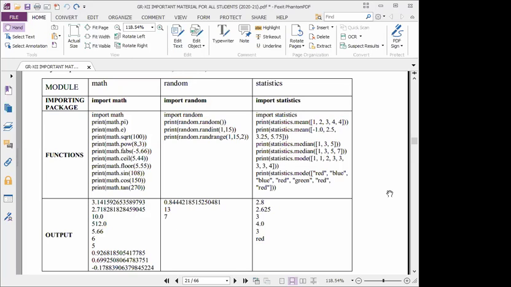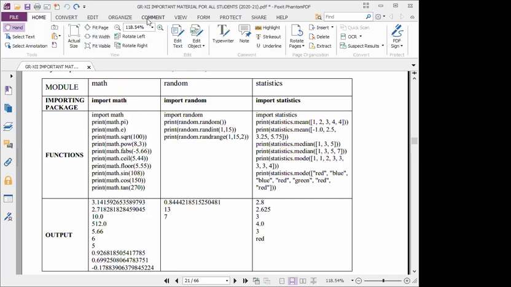Whatever input they give, you should know the concept, what the output will be. If you use the ceil function, what the output would be. If you use randrange, what you should use. Sometimes they will ask what is the module name to import if you use the mode function.